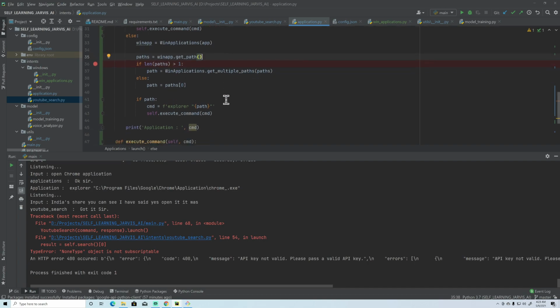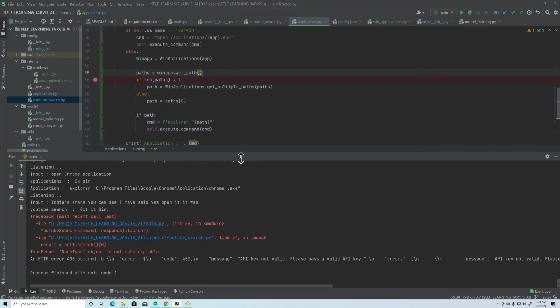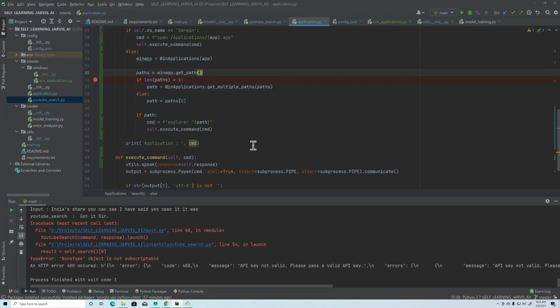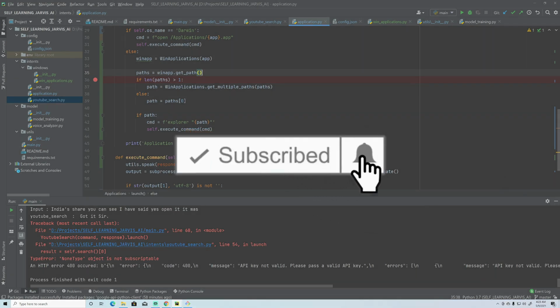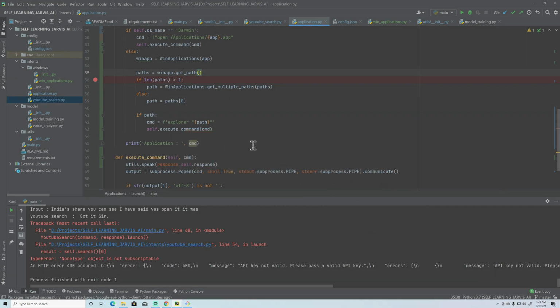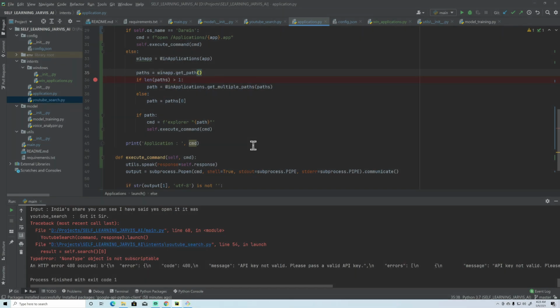So yes, now the last thing which we need to do. I am not going to always search for each application in my installation directory, because that will be a bit slower to search all the applications in the folder. But if any application has already been executed by me and already searched by Jarvis, that should not take longer time, or go again and again into searching my installation directory.